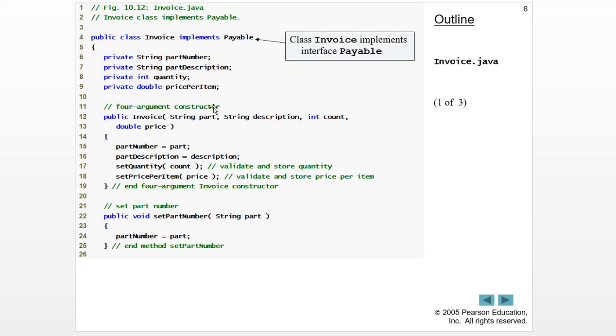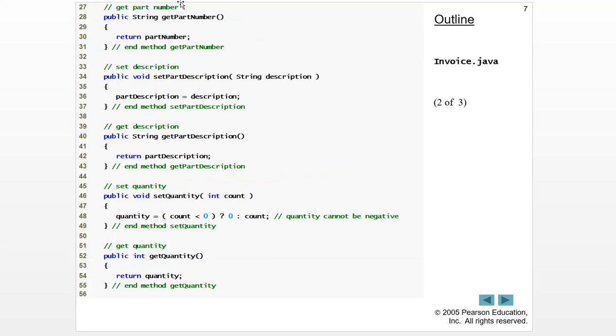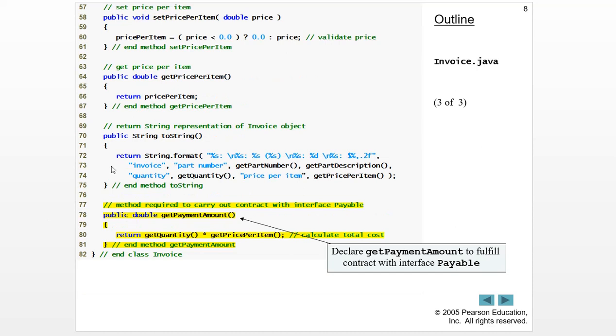getPaymentAmount method defined. So here we've got the usual stuff. We've declared our variables. We have our constructor, which is setting some values. And then we've got other methods within the class. But we are not worried about all these methods. We are worried to see whether we have implemented the getPaymentAmount method that is defined in the interface. And yes, we have. So here is the getPaymentAmount, which we are declaring to fulfill the contract